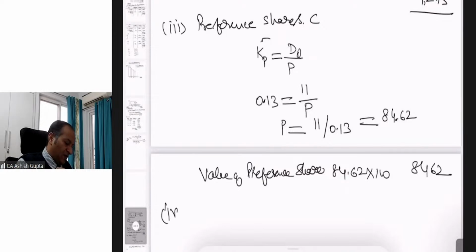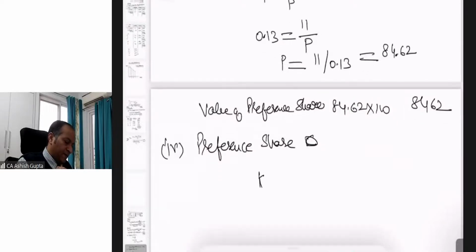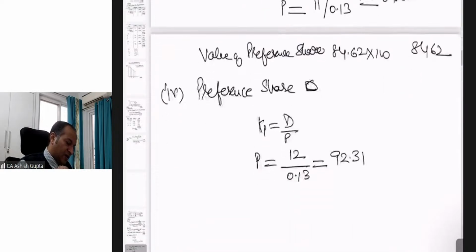Okay, similarly, we can compute the value of preference shares T. In the same manner, KP equals D by P, so P is equal to D by KP. Here the dividend is 12 and our KP is this. The value comes per share. Okay, since our number of preference shares is,